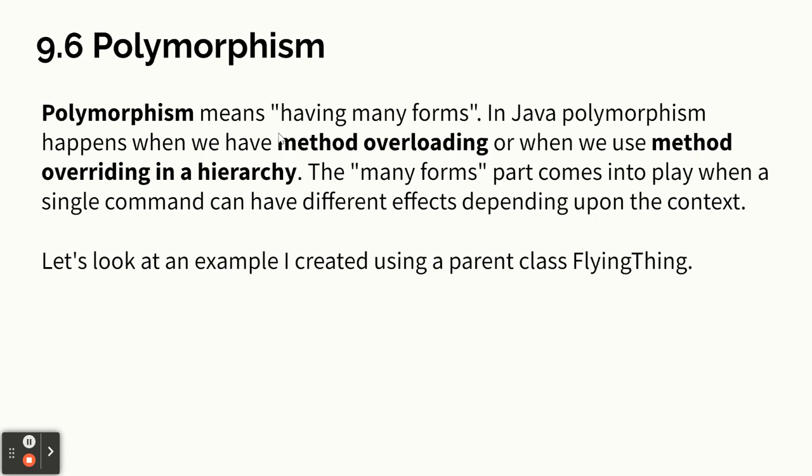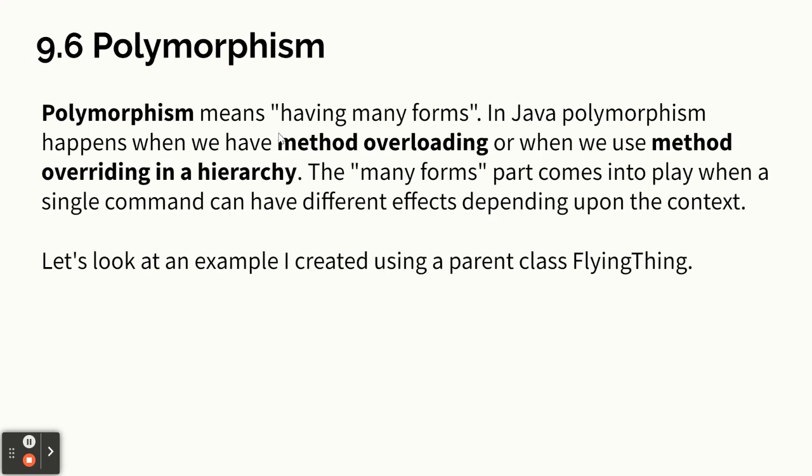There's something else. Ooh, that's a weird name. It's a big word, polymorphism. I like it. Polymorphism means having many forms. And in Java, polymorphism happens when we use method overloading or method overriding in a hierarchy. So the many forms part is actually interesting. One example of this would be with the super frog. When you hop a regular frog, it goes n spaces, but when you hop a super frog, it goes 5 times that many spaces. So that's having different behavior with the same method, and that's because we overrode the method